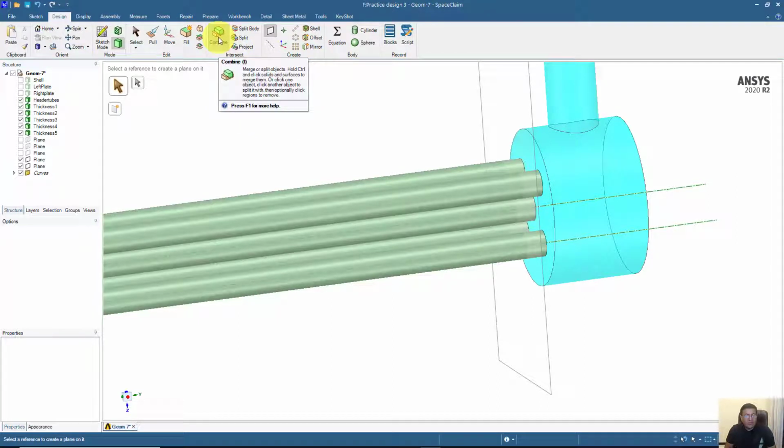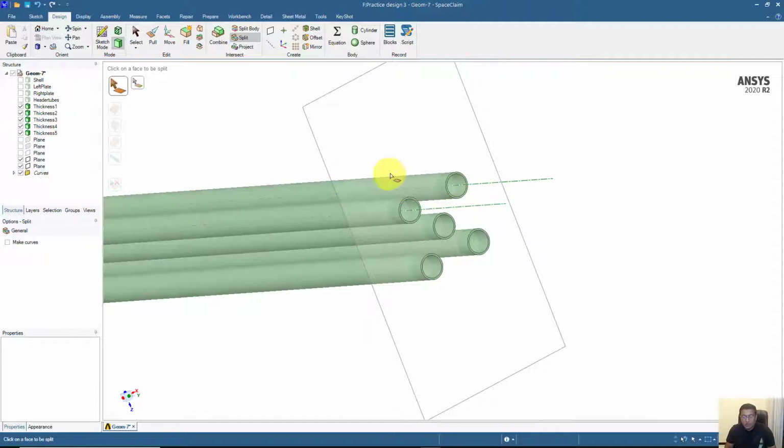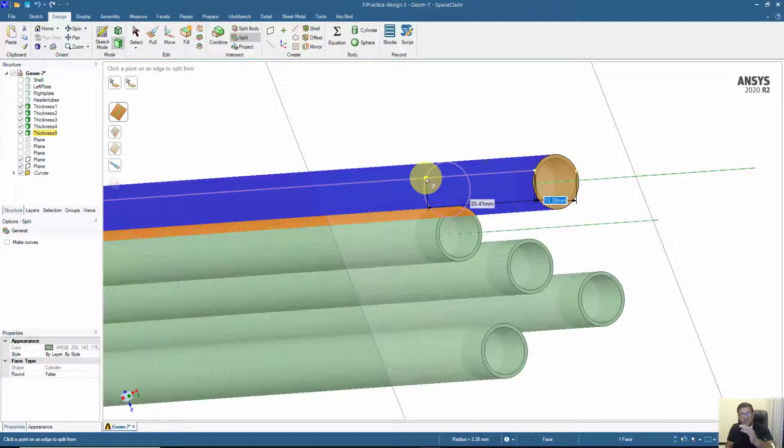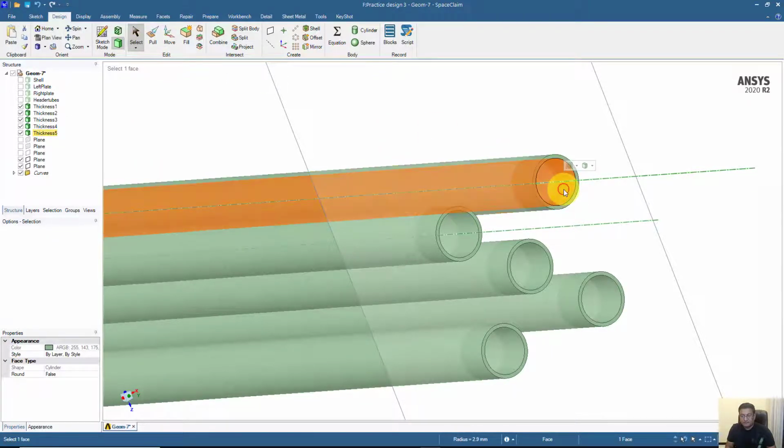So instead of using the combine command, we will use the split command, and first of all hide this header system. First we use the thickness part because they will form the interfaces on the top side as well as from the inside.